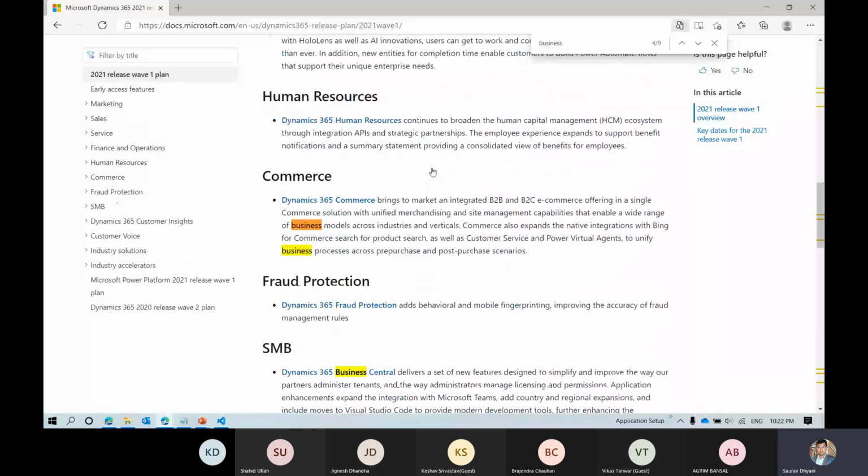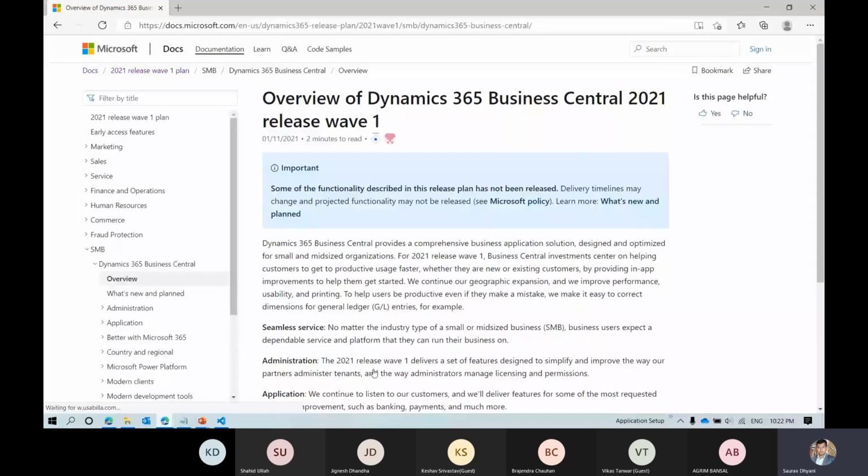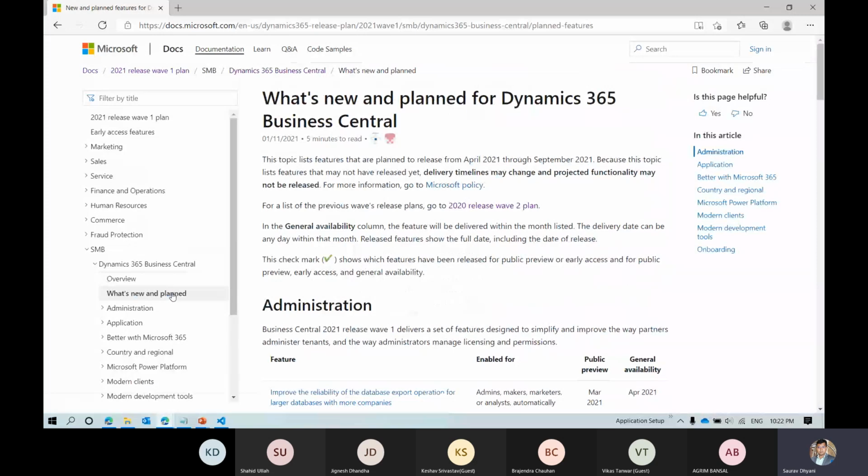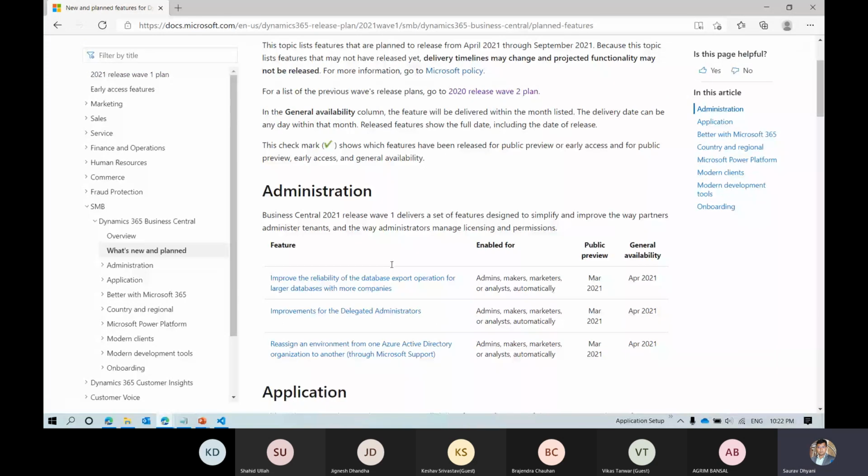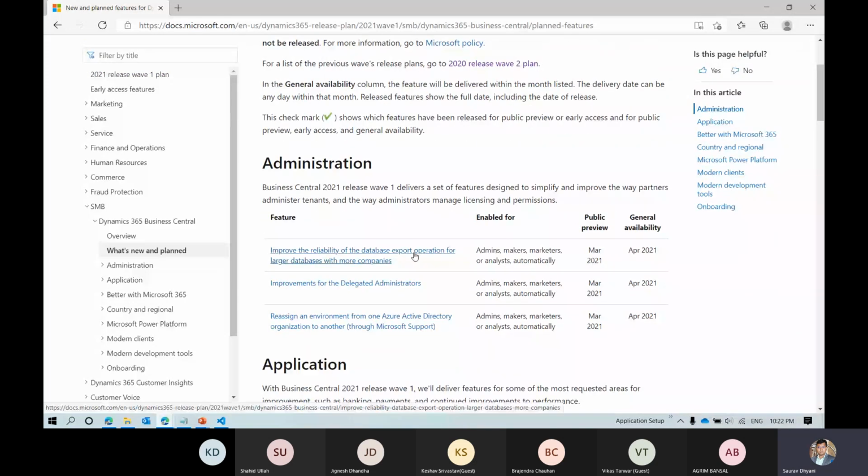Okay. Dynamics 365 Business Central 2021 Wave 2, Wave 1. So what's new and planned? Let's see what we are interested in. Improve the reliability of database export operation for larger databases with more companies. This is for SaaS that you can download. Delegated administration, again for SaaS. Reassign as your AD. Okay, coming to